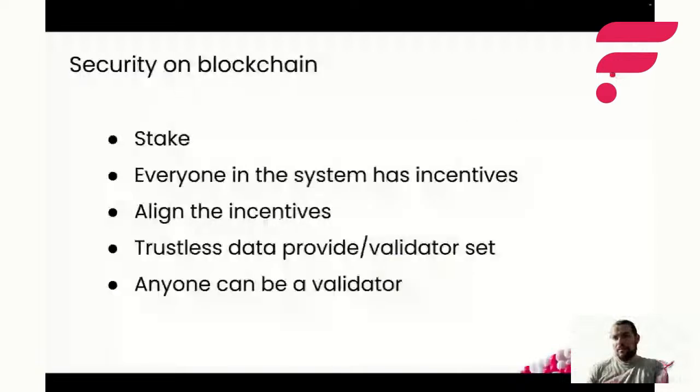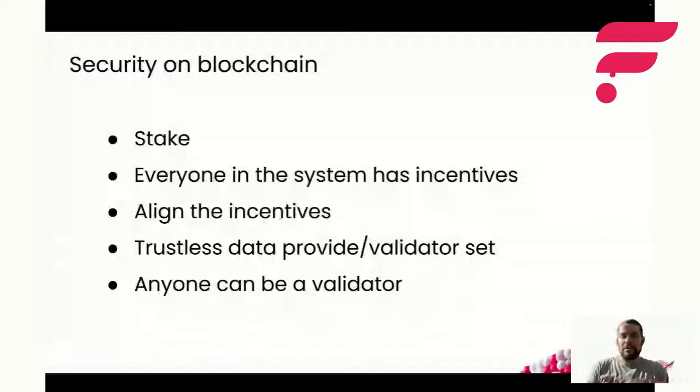So again, the core part is properly setting this up. Being a data provider is permissionless. Flare, the organization, we don't control who the data provider is. Anyone could become a data provider, and we're encouraging a lot of people and a lot of professional organizations to be data providers, because getting good data is important.